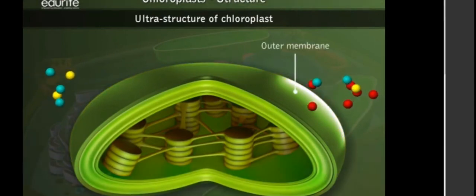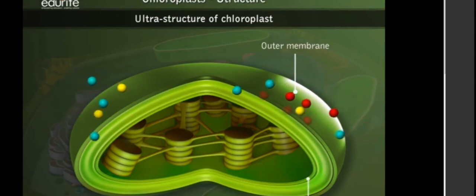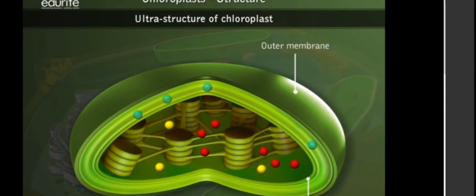One is the outer membrane, which is permeable to water and some ions, and then it contains one inner membrane that we have discussed, and the space between these two membranes is called the intermembrane space. A small amount of sugar molecules can also enter through the inner membrane, and they are present in the matrix of the chloroplast known as the stroma of the chloroplast. That means a few sugar molecules are found in the stroma of the chloroplast.